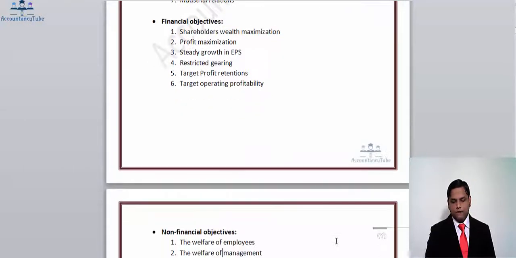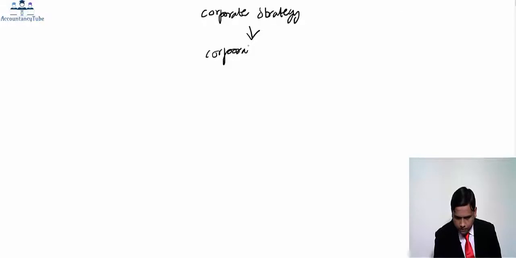After that, we've got financial objectives and non-financial objectives. So firstly, we have got corporate strategy. Then we have got corporate